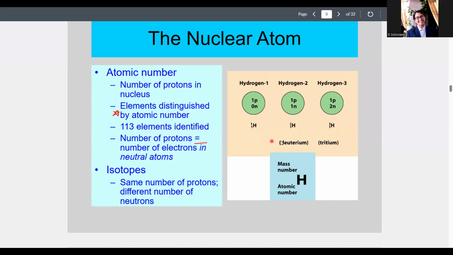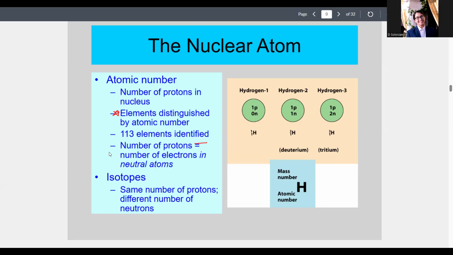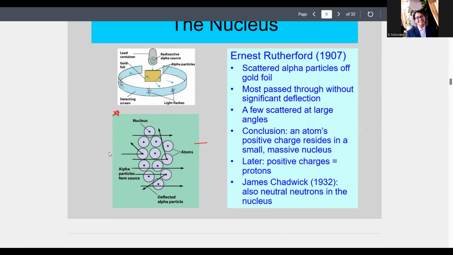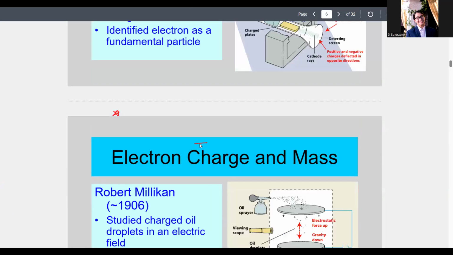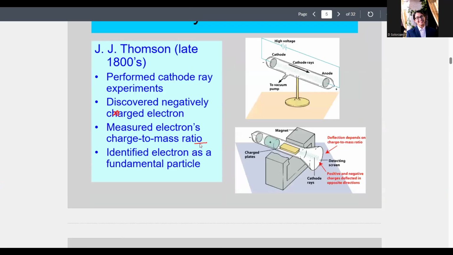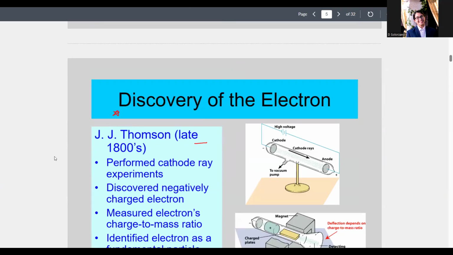So these are all isotopes of the same element. Important thing to know in the history part is just the order in which things were discovered. I won't be asking anything about specifics on how they were discovered, because that's just something that you probably won't be needing that much in your life. But do know that